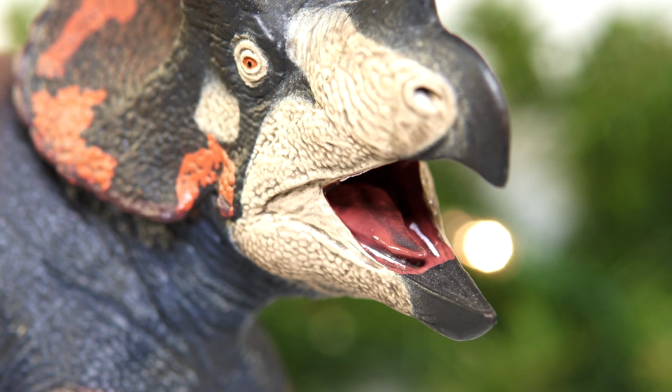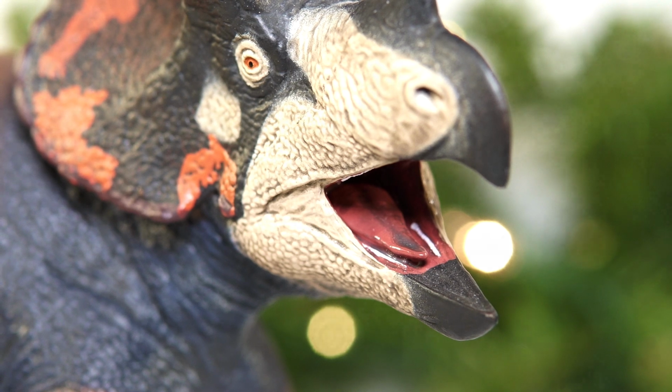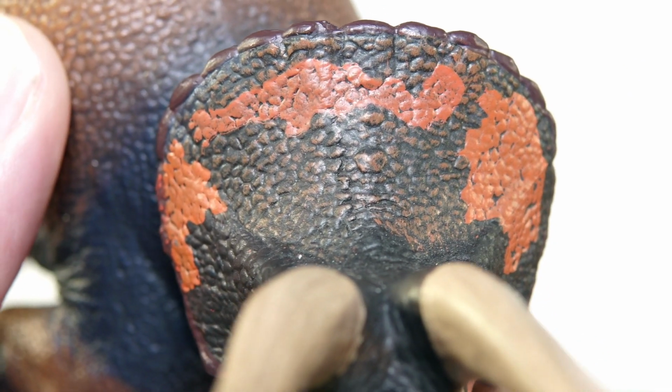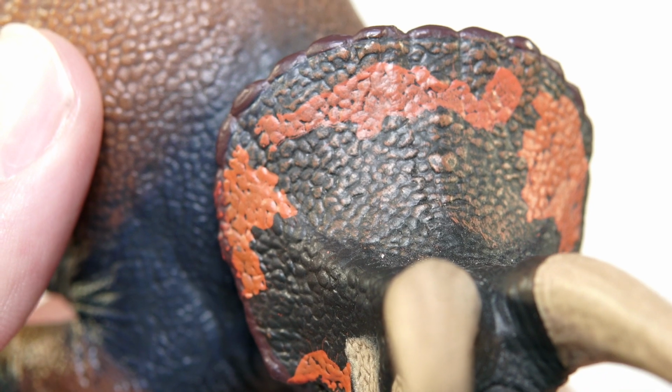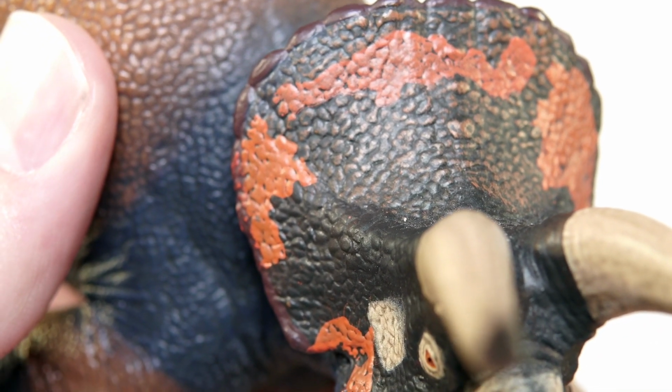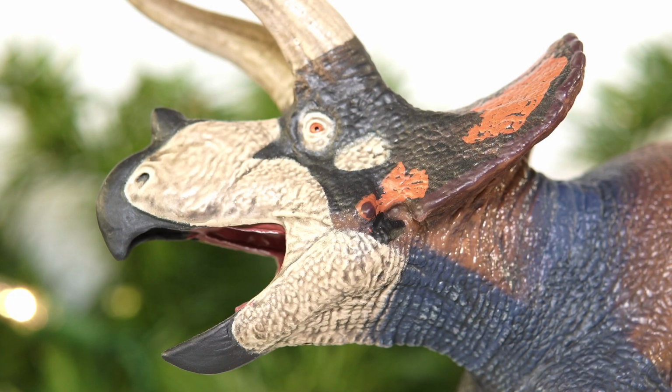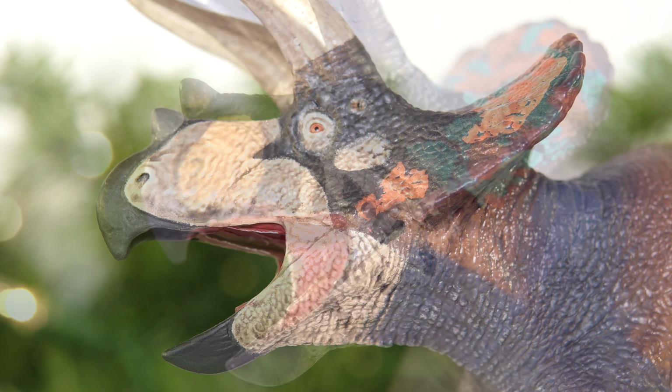I mean, it's by no means a deal breaker, but it is certainly just a little underwhelming. As far as the rest of the head goes, you can see that Eofauna have covered most of it in scales, including the frill, which also reflects a recent find that Triceratops had a covering of scales on its frill, rather than a smoother, keratinous sheath. The nasal region, however, is quite smooth, and I'm particularly intrigued by what they did on the Cryptic variant with